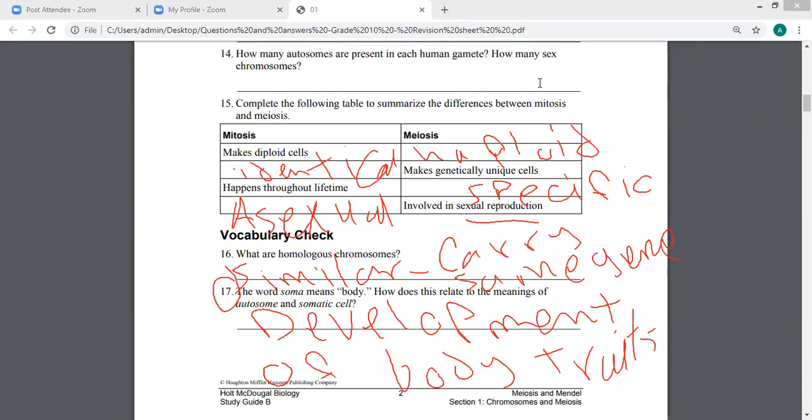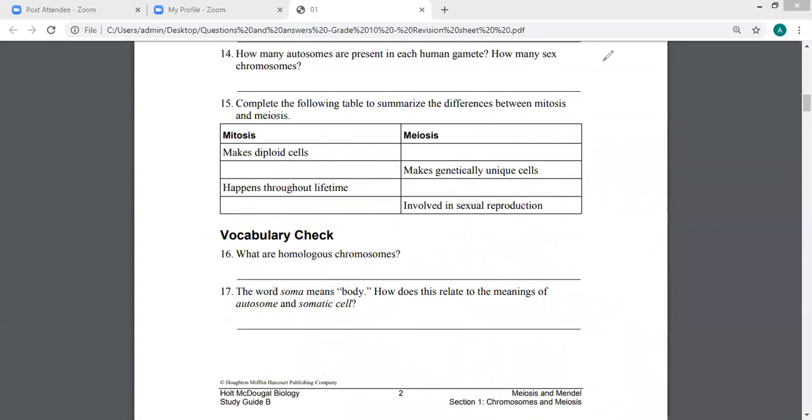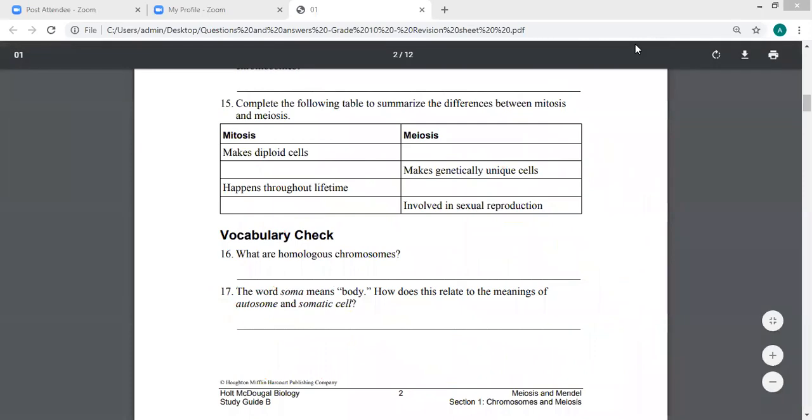Okay, clear, or should I repeat it? No problem. If you don't understand, I will repeat it for you. Okay. Who else, guys? Who else? You understand? Okay. So today we